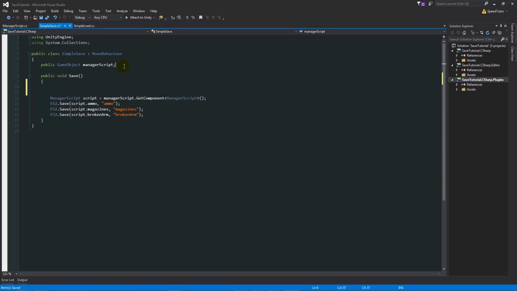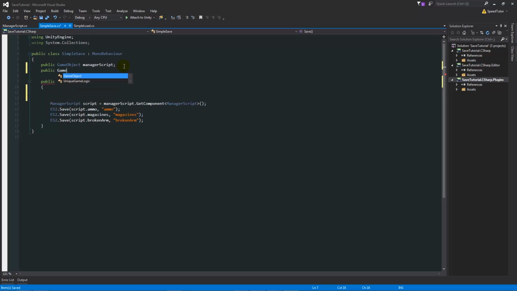We'll start off by adding our public variable to reference the player that we're going to be keeping information on. So we'll write public GameObject with two capitals, and then call this player with a semicolon. Then inside our save function, we'll say ES2.save, very similarly to how we did it before. Then we'll open up our brackets and say